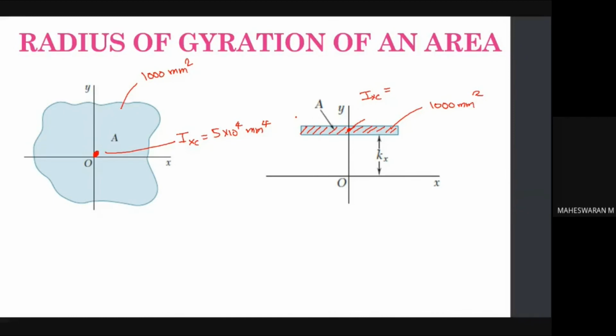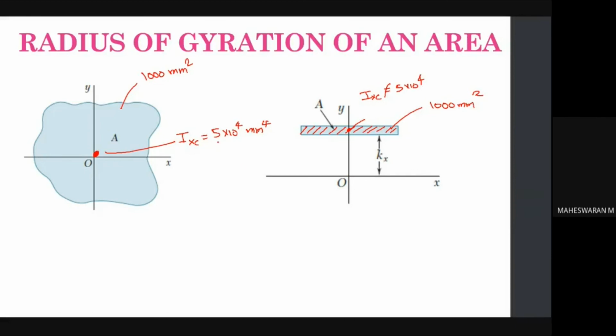No, very good. So you have a different value here, right? This is not equal to 5 into 10 power 4, right? So you'll get some other value because the shape is changing. So instead of this shape, you have a different shape. It's a rectangle. The rectangle shape will have a different moment of inertia formula, and everything is different.